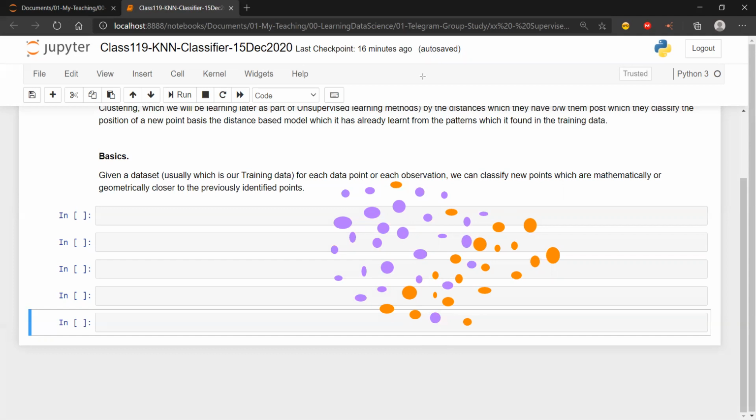Now, what is going to happen if I get a data point which is here? I can say that this point over here is quite close to this blue point, and it is quite close to this orange point.